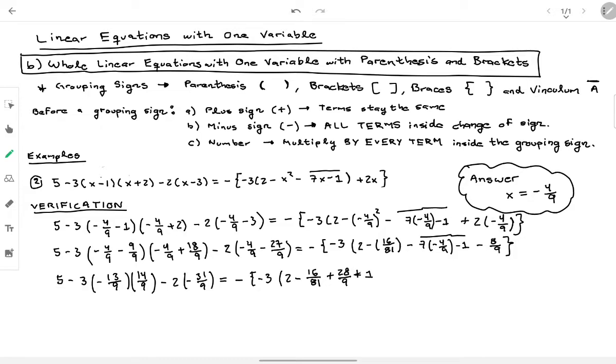Here it should be plus 1 because this minus sign is before the actual vinculum, so that's why it's a plus 1, not a minus 1, minus 8 over 9. So if we continue doing this one, it's going to be 5 plus, if we multiply all of them, it's going to be 182 over 27, minus multiplied by minus is 62 over 9 equals,